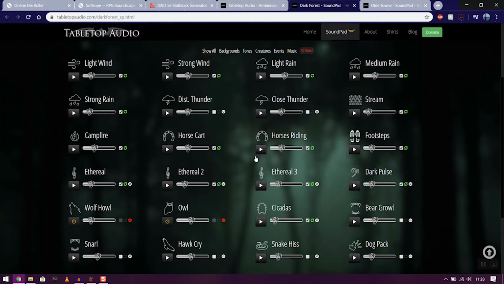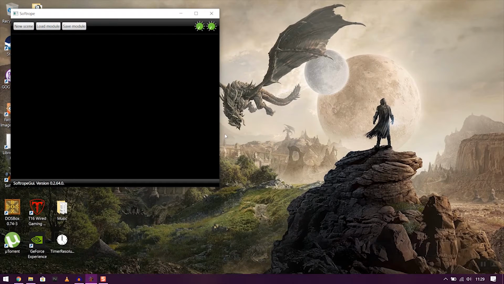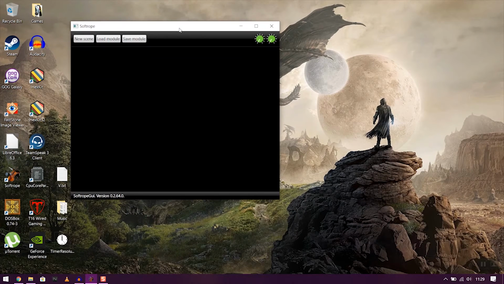So it's a really great site just as a sound system all on its own. If you want to do it online and the internet's fine and all that sort of thing, you've got no problems with that, then it's a great thing to use. But if you want to do it more on your own system, then I would strongly recommend getting hold of